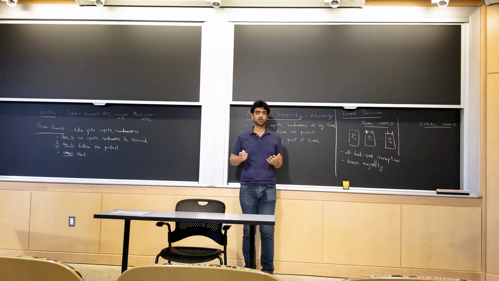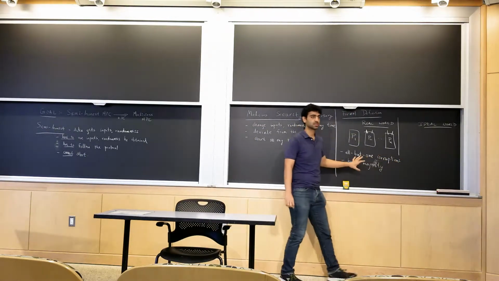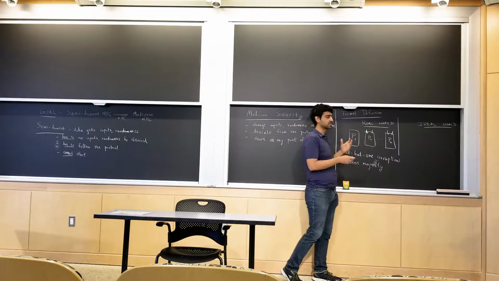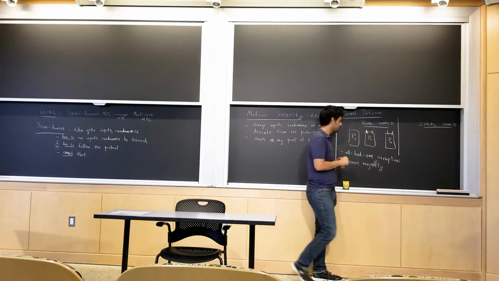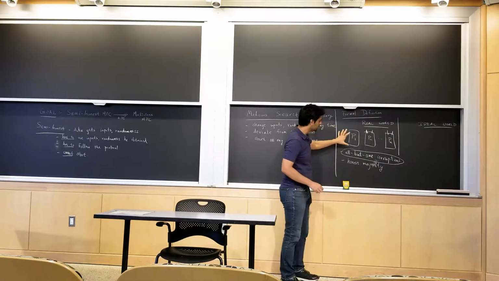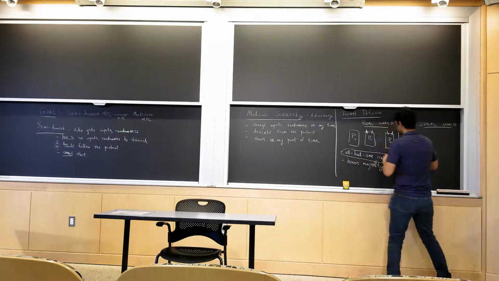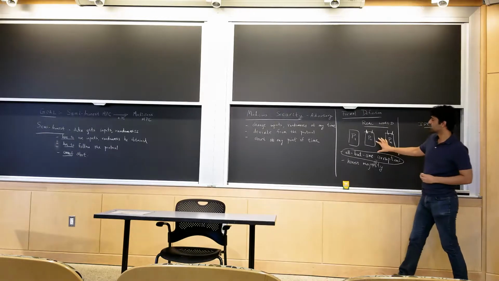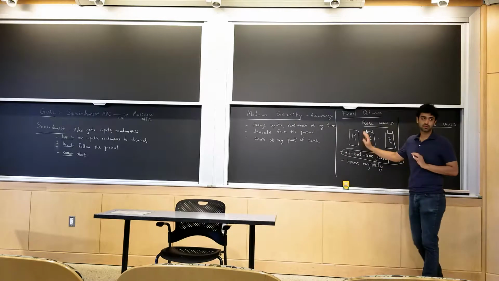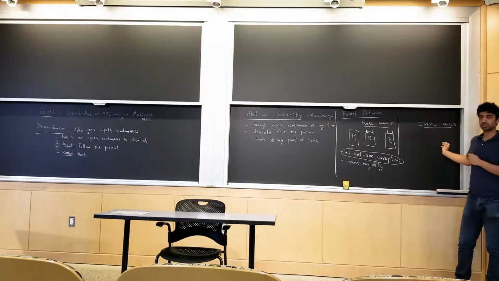So the BGW protocol, which you saw in the last class, is actually in this setting. In that case, the adversary can only corrupt a fraction of parties that is less than half. We are going to deal with this. I'm only interested in the setting where the adversary can corrupt all the parties except one. So this is what he can do in the real world, and as I said, he can essentially change his inputs, deviate from the protocol at any point of time and so on. So how do we capture this in the ideal world?